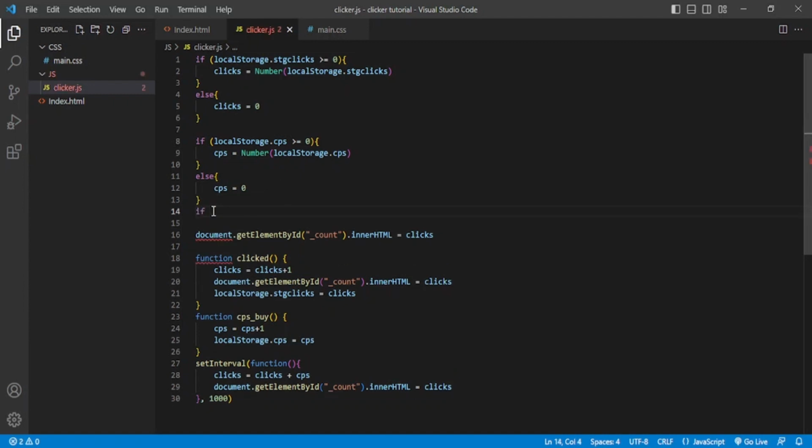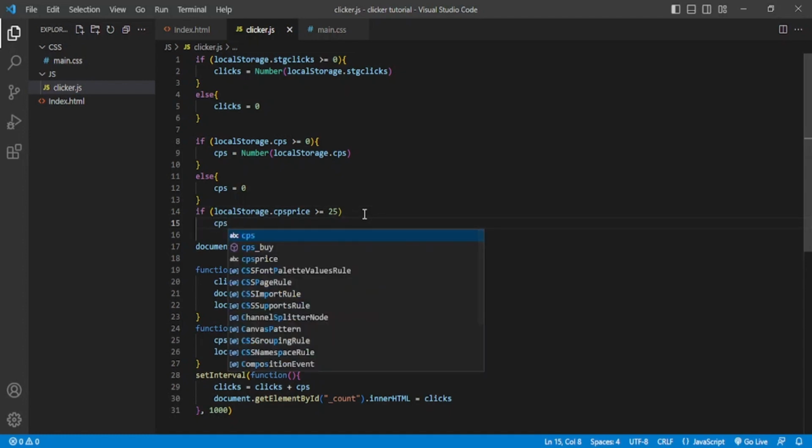If local storage dot clicks CPS price equals greater than or equal to, let's see, okay, greater than or equal to, I'll make the starting price 10 clicks. Actually, never mind, I'm gonna make it 25. If it's more than or equal to 25, then